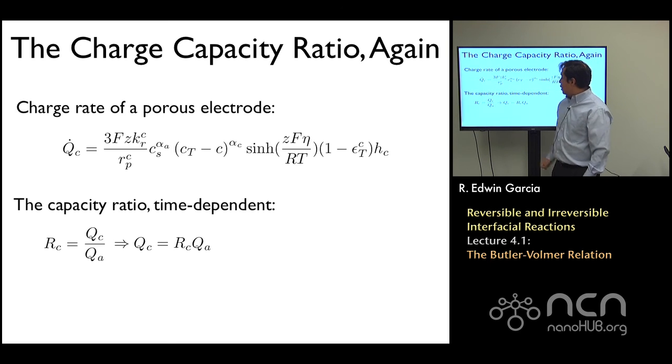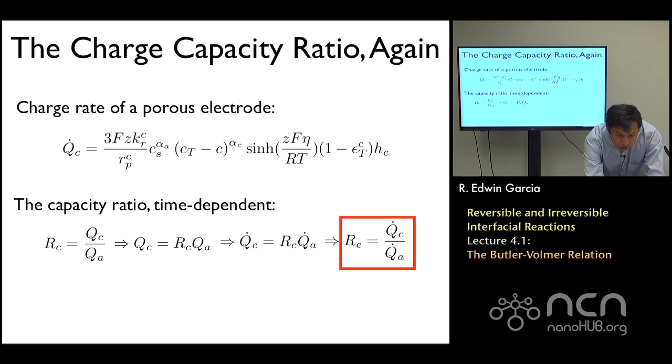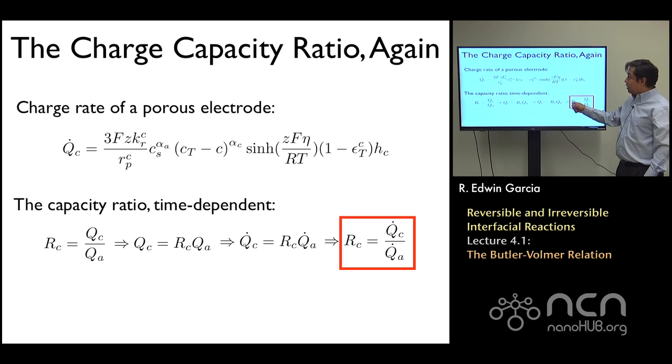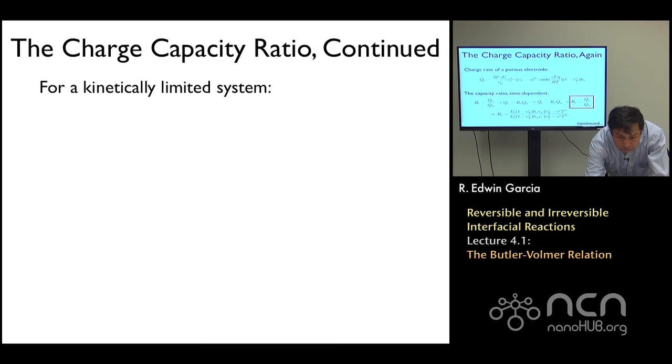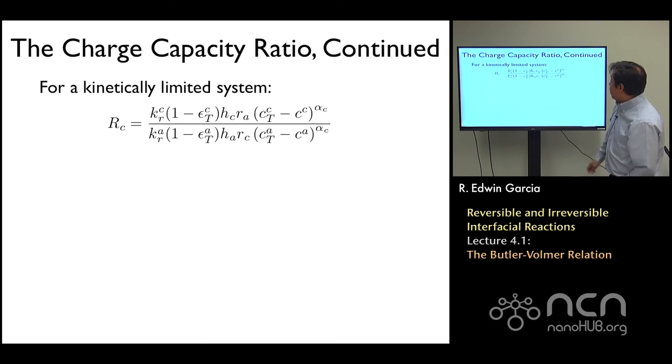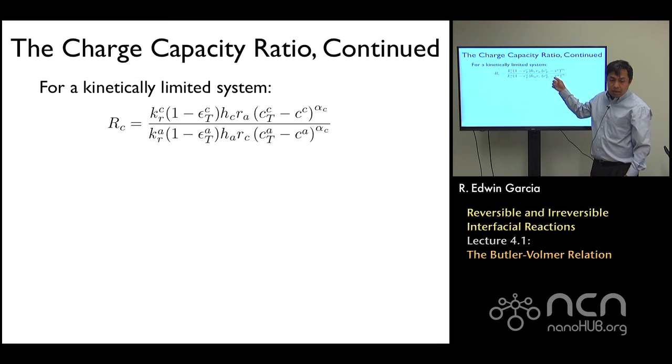Remember we wrote it this way. Now, instead of using Q_C over Q_A, we can say Q_C dot over Q_A dot, and by doing that we can relate some instantaneous capacity ratio, telling me the rate at which charge is being unbalanced out of the system. We can relate that directly to the Butler-Volmer relationship, one for the cathode and one for the anode, and if you do that, you find that for a kinetically limited system, this number is going to be time dependent